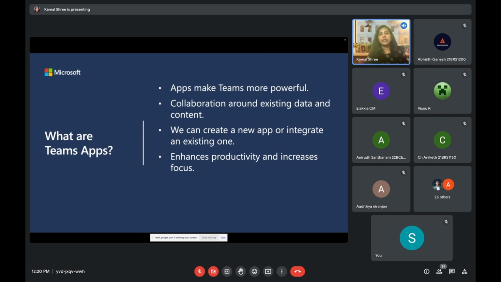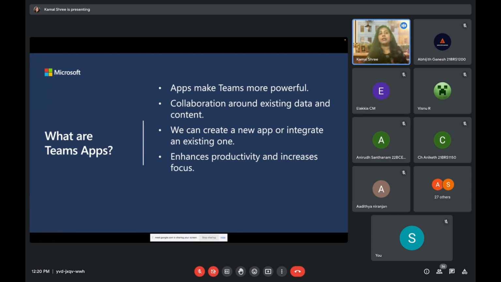Now, what if someone can come and build this, integrating and connecting both your attendance app and Teams? If you form that connection, automatically I'll start getting notifications in my Teams app. So I don't even have to feed in, or get into the other application, which is a third party, to feed in the data and then get a notification saying, okay, you missed one class, you've taken a leave on this particular date. So you can integrate existing apps into Teams. That is what we're going to talk about.